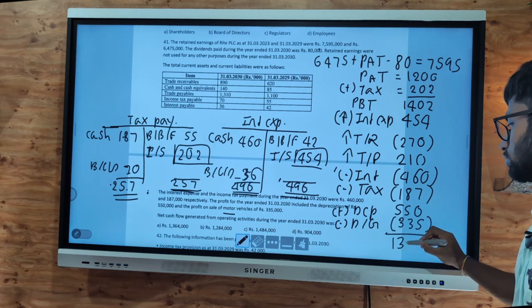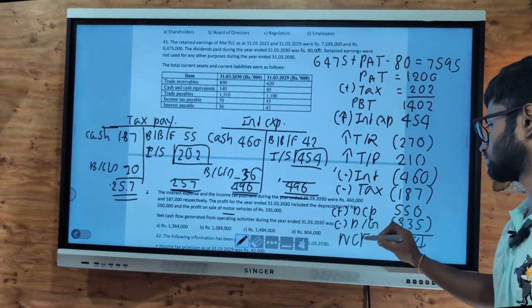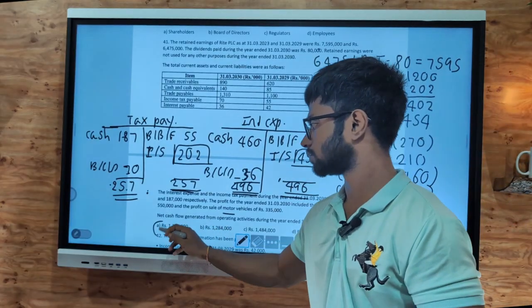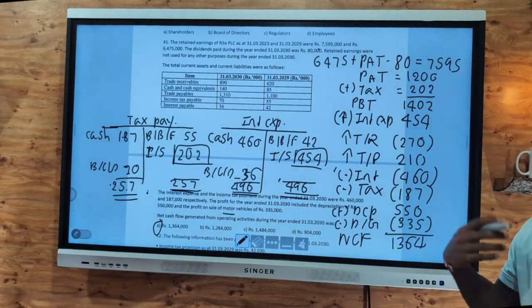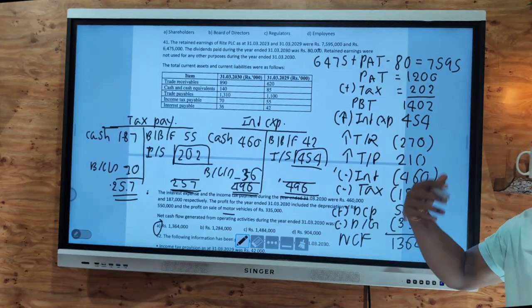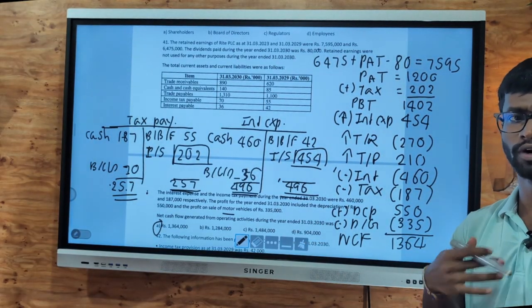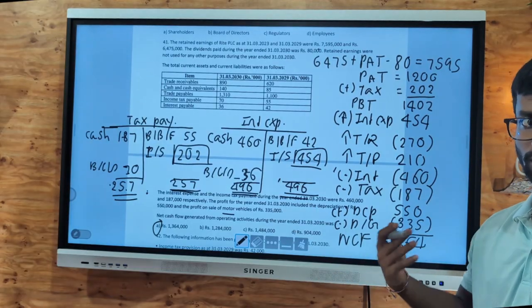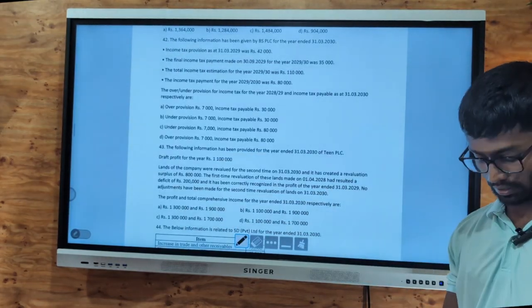Yeah, when you do this you get 1364. That's your net cash flow. Answer number 8. Then we can move on to the next part. That was a bit of a hard question, but don't worry, it won't be as difficult as this in your exam. So 42, I have just included a